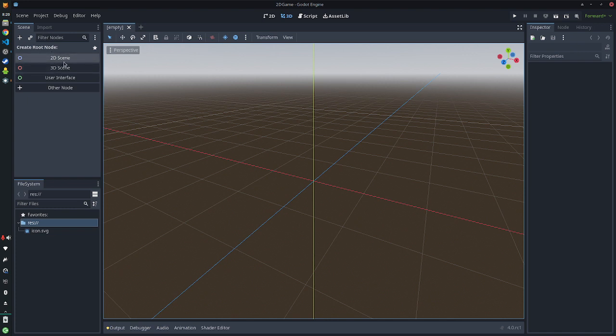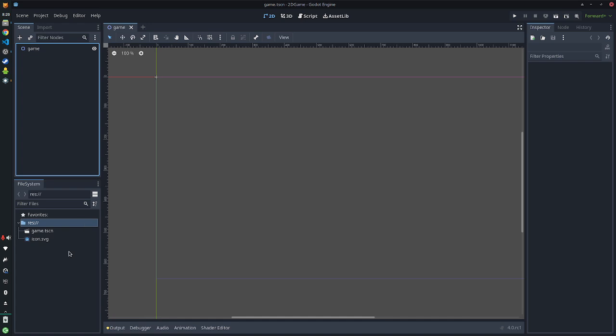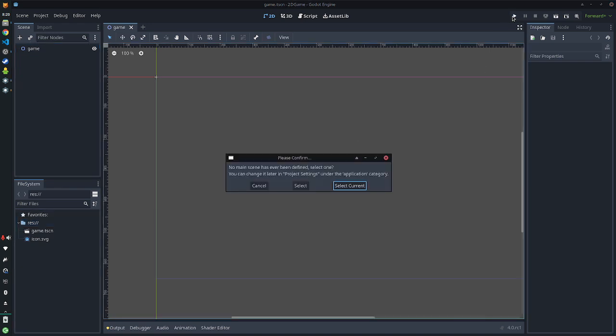Now every 2D game, every scene in a 2D game should start with a 2D node. Our main 2D node that controls everything in the game, I'm just going to call it game and then save. And I'll go ahead and click run so that I can set it as my main scene